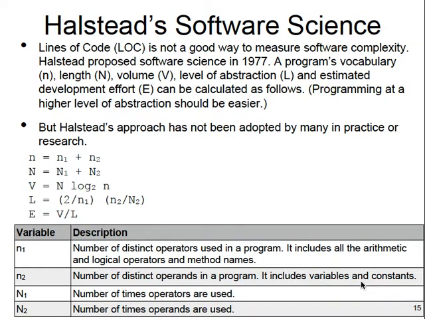For example, a variable is an operand, a constant is an operand. Big N1 means the number of times operators are used. Big N2 is the number of times operands are used. Operands 就係 constant and variable啦。